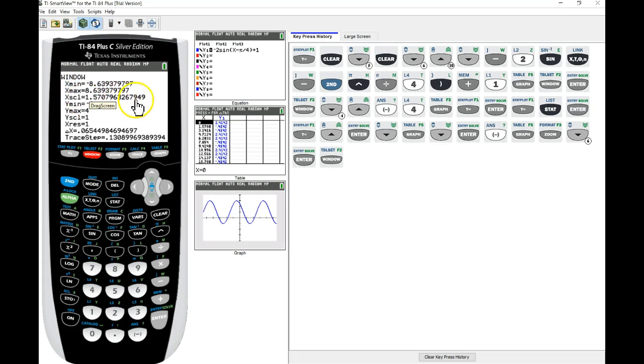And it's changed the x scale now to this weird number. Do you recognize this number? It's pi over 2. And what the x scale does is it's basically where these tick marks are appearing. So these tick marks on the graph's x-axis are appearing every pi over 2 units. Oh, splendid. So that's a picture,